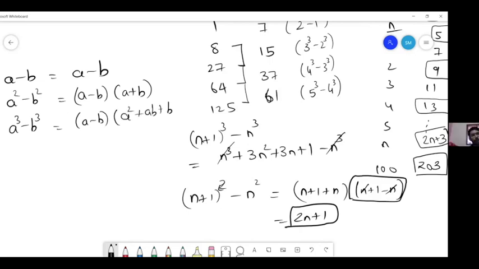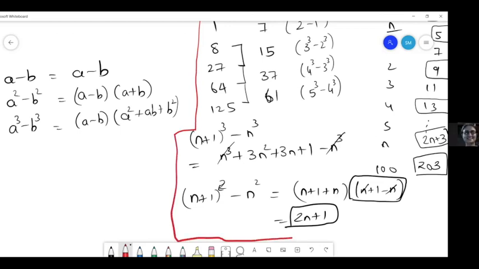Can someone check if this formula is correct? How can you check if it's correct? I think it's correct. Given a formula, how will you check if it is correct or not? You have to open it, expand it, and see if it comes back to that answer. That's it. With this, no problem. It's not necessary to remember the formulas.